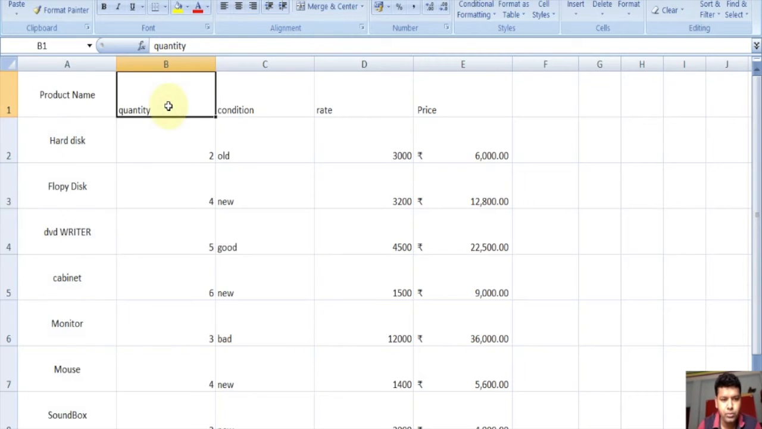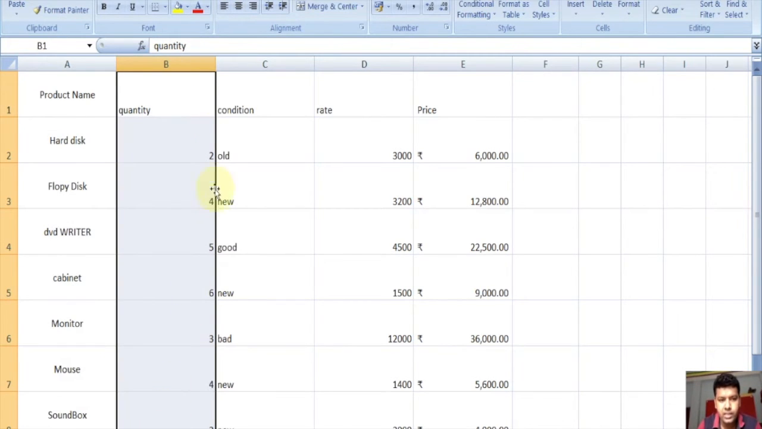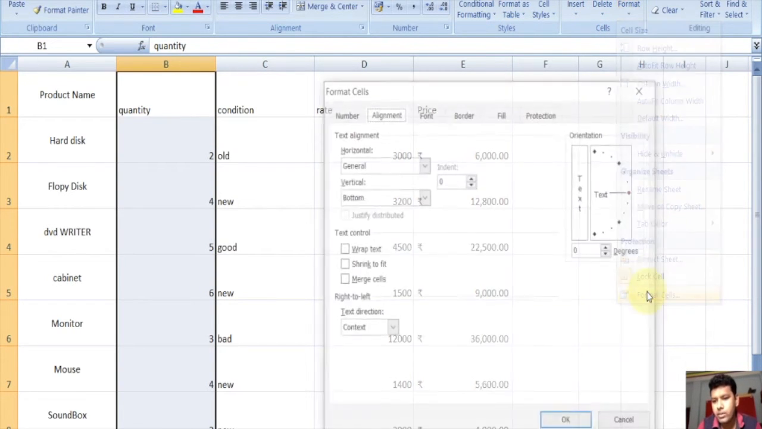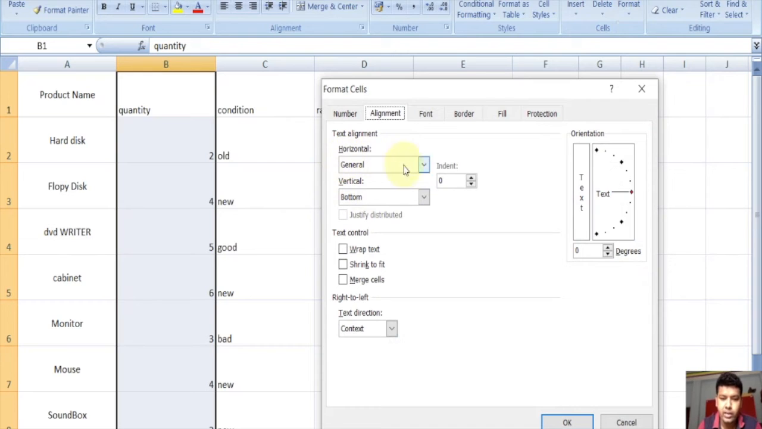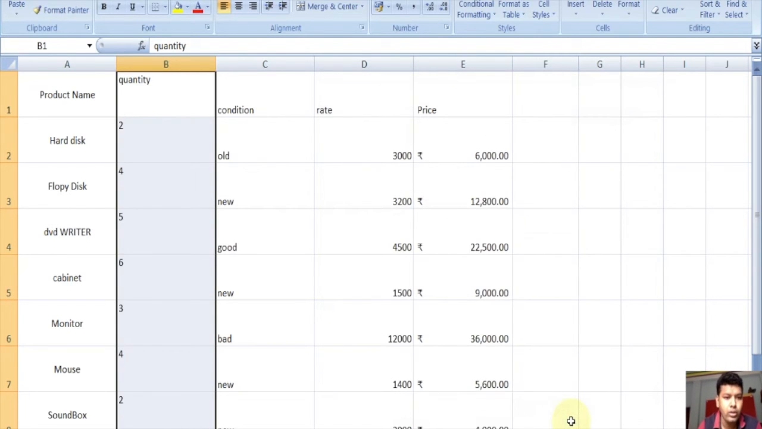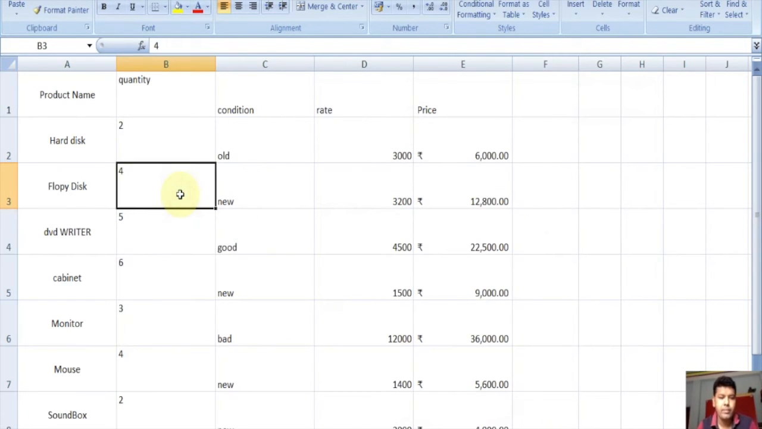again. Suppose we select the cells, click on the Home ribbon, Cells command group, Format arrow, and click on Format Cells, and then we can set it as we need. Suppose we want this as left alignment